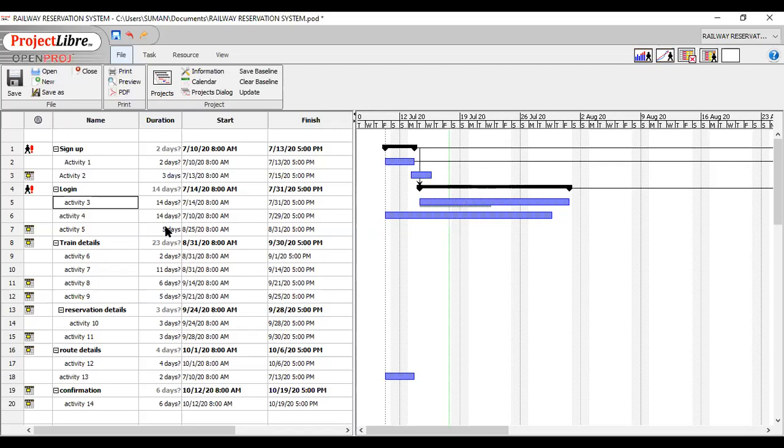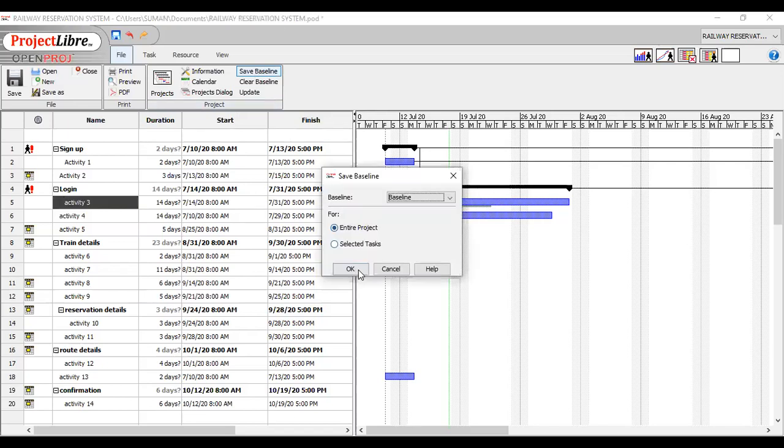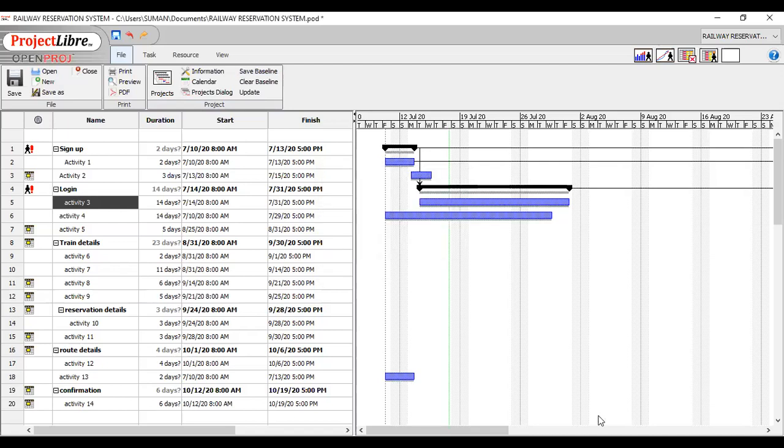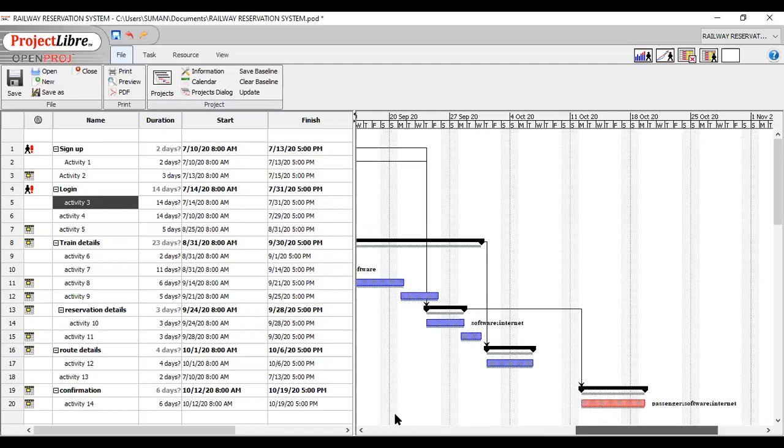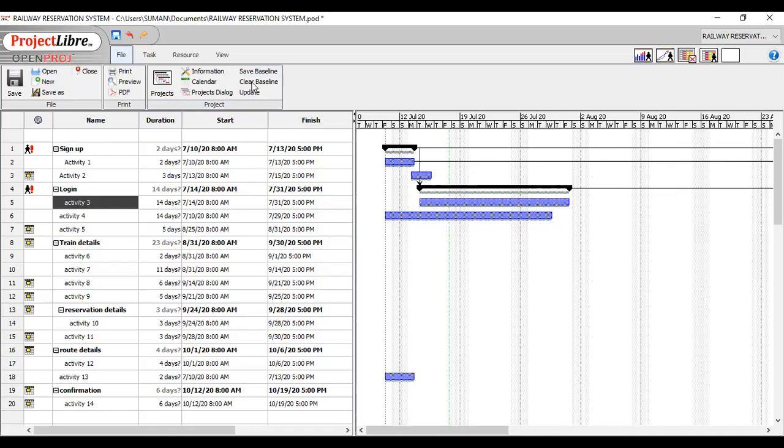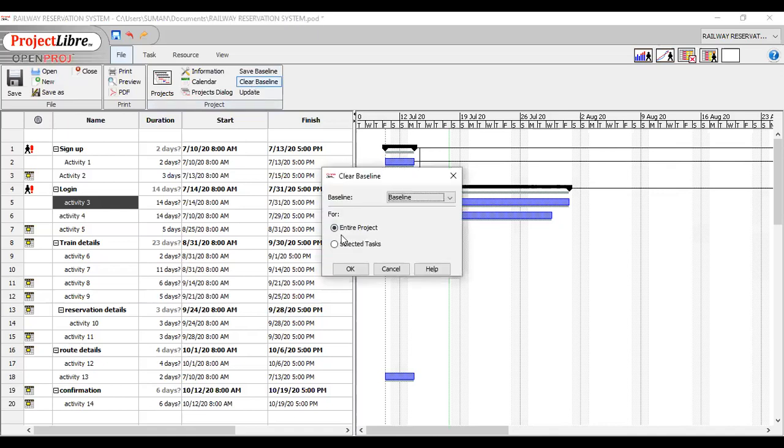So this is how the baseline option works. Again, if you want to save the baseline for the entire project, you can check here there is a shadow for all the tasks. Again, if you want to clear the baseline for the entire project or selected task, I'm selecting the entire project.